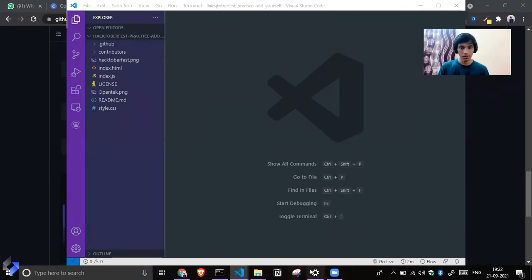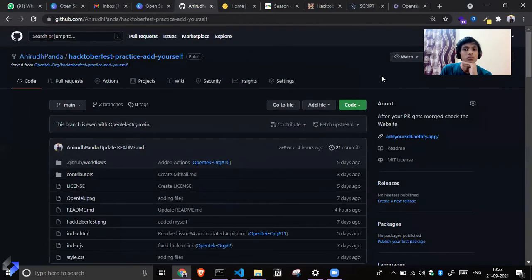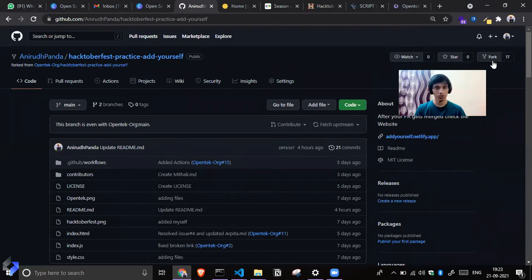If I want to fork a repository and synchronize with the upstream repository, should I use upstream or origin? After forking, you just add the remote.